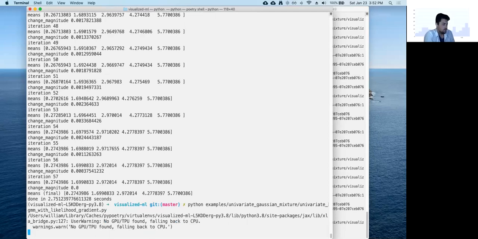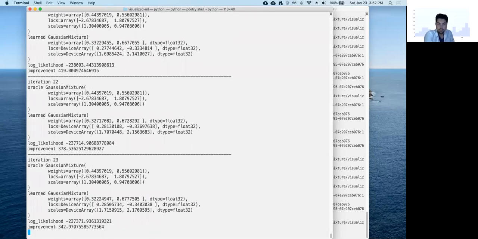But that works too, but it's much slower than expectation maximization. This is the same example, if you remember, that took 36 iterations with EM, where the original is like 0.44 and 0.55. This is the same example running, but instead of doing that EM iterative update, we're just updating the parameters based on the gradient of the log likelihood of the mixture based on the data. And it takes a lot slower.